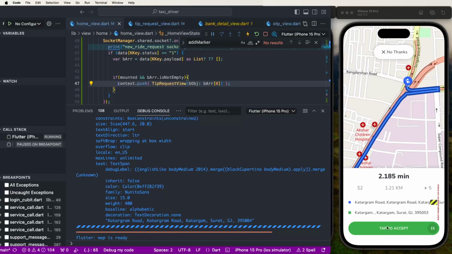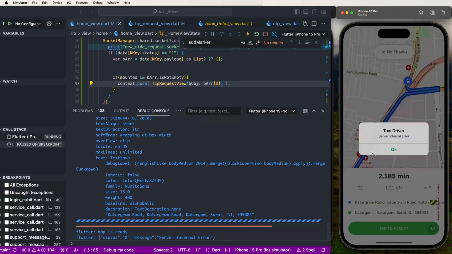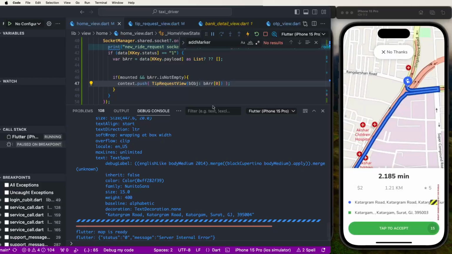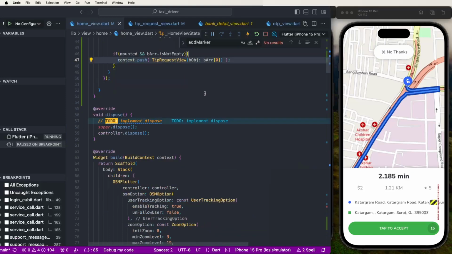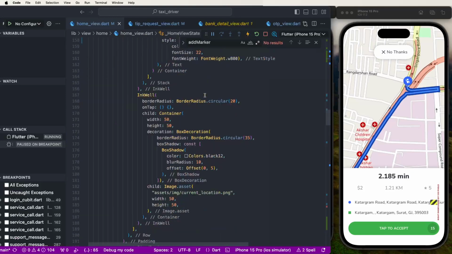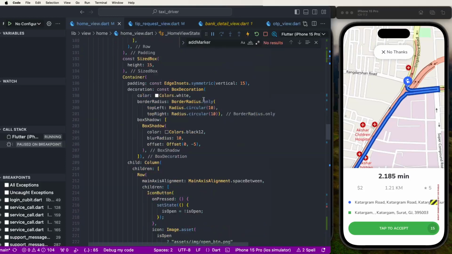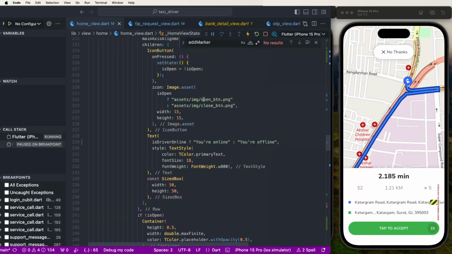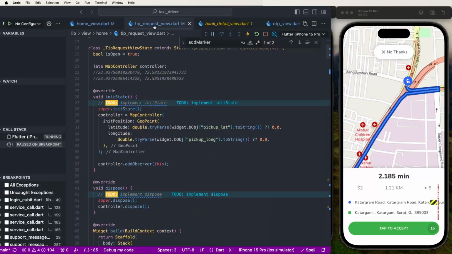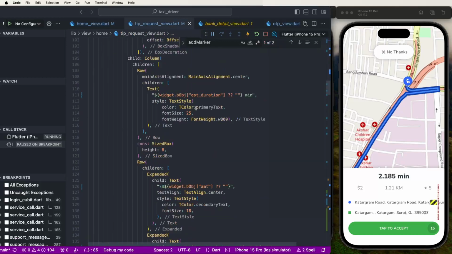Now I need to click on the accept button and call this API server internet, and later fix this issue. First of all fix this issue and fix the titles. First of all I need to set the title issue. Find out the address, pickup and drops, so I need the trip details,